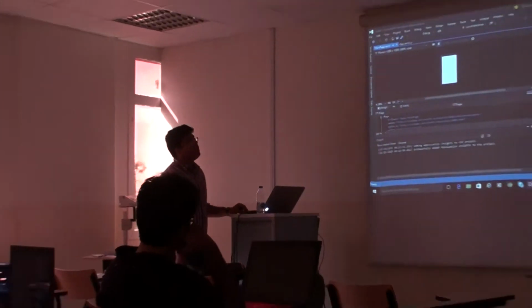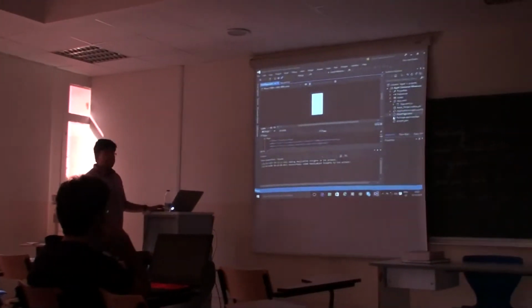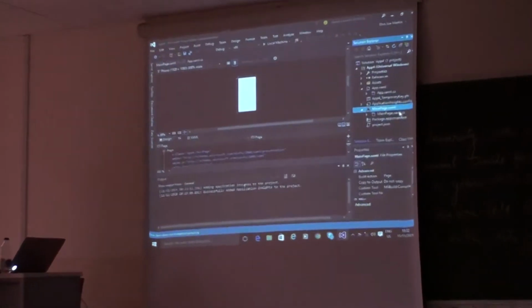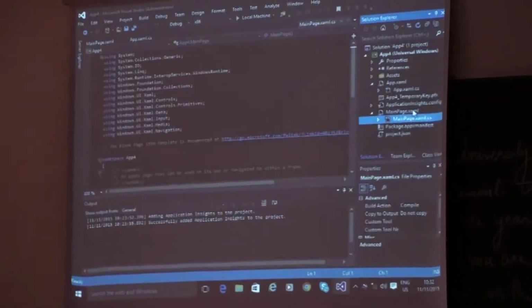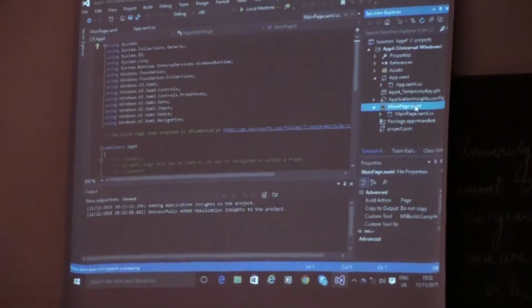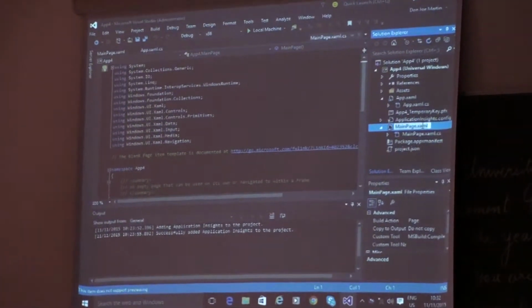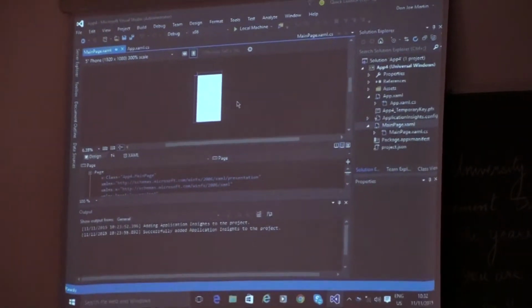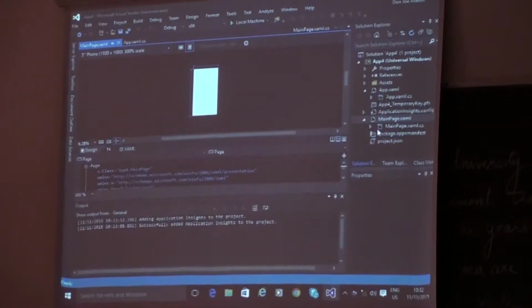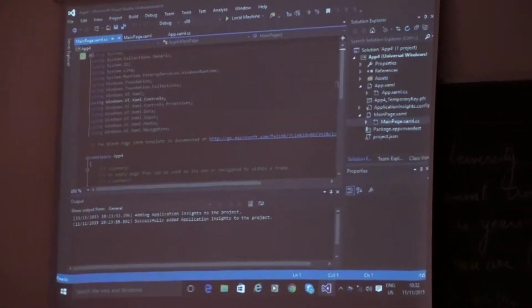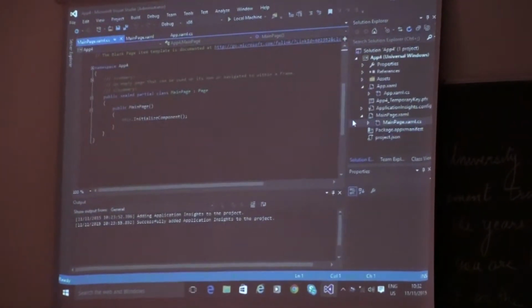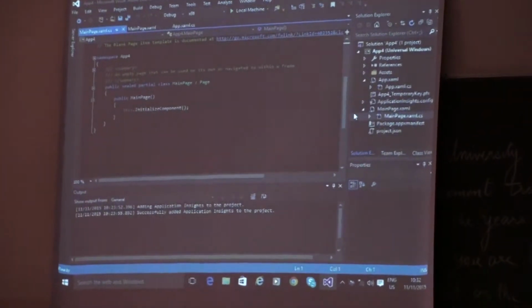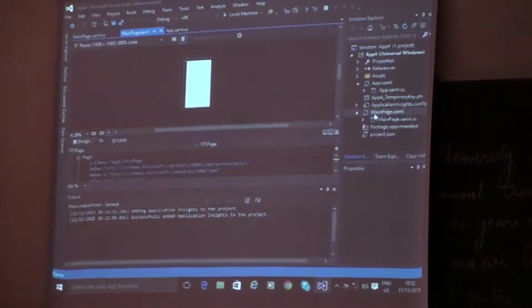Now, the main page contains two parts, and any page that you create contains two parts: the .xaml part and the .xaml.cs part. Again, as I said, once you know the difference between .xaml and .xaml.cs, .xaml is basically the designer, right? That's why you have this blank user interface for you to play around with. And .xaml.cs is, as I said, the functioning language, where you should actually add the different functions you need for the different components. And in the .xaml, you'll actually add the controls that you need.